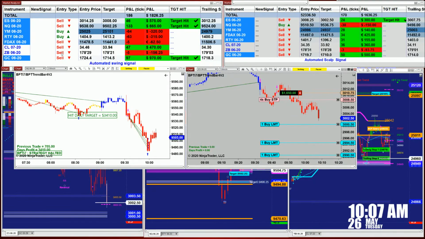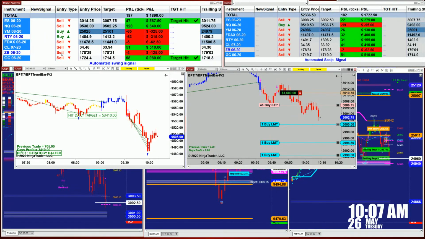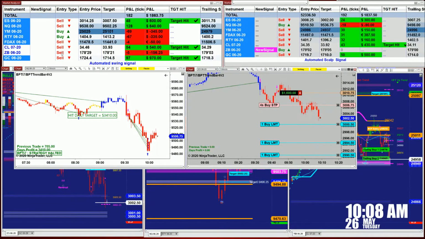It does not take a brainer or a brilliant guy to wait for the ES, Nasdaq and Dow Jones to be in the same direction and the 30-year Treasury bond in the opposite direction. Gentlemen, whether you are auto trading or manual trading, once you see the ES, Nasdaq, YM on this market analyzer in one direction and the 30-year Treasury bond in the opposite direction, you are going to make money. When you see there is a mix in the market, and if you are not experienced, you're going to get in trouble.